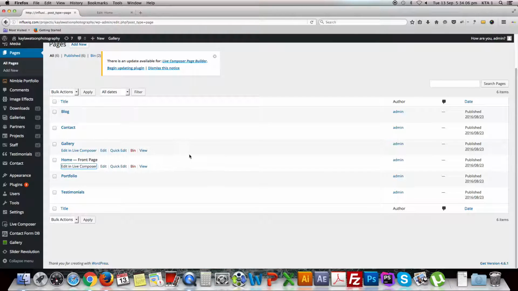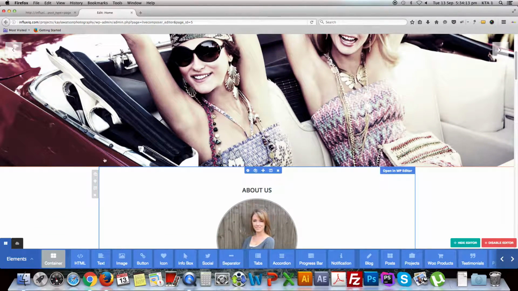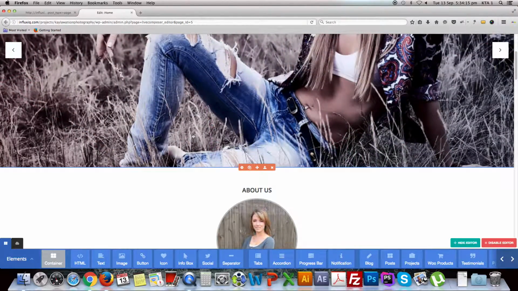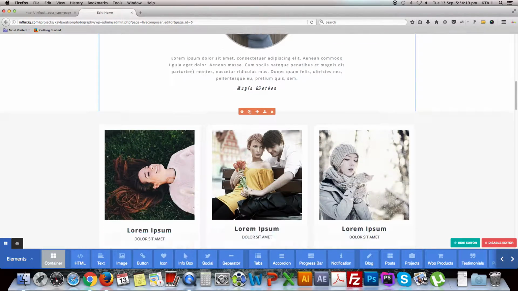Now click on Edit in Live Composer. It will enable you to edit most parts of the pages from the front end of the website. As for example,